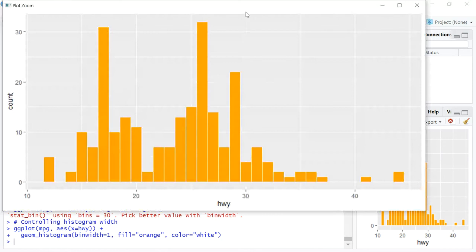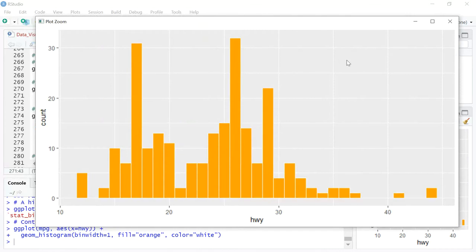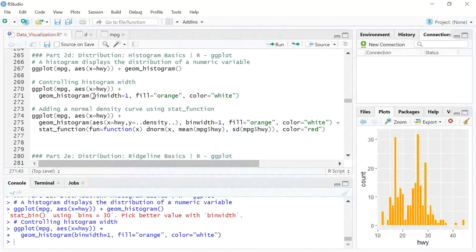I'm not sure if you can do this in an Excel sheet, but in a histogram which is done on ggplot, it's easy to manipulate a few things. So here you can control the width of this histogram. You can select the border of each of these lines. You can select what goes inside, which color goes inside, and so on and so forth. So it's a straightforward thing. You can say binwidth is equal to 1. You can say fill is equal to some color depending on what color you want, and color is for the border. Color is equal to white.